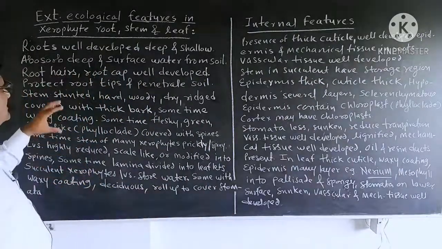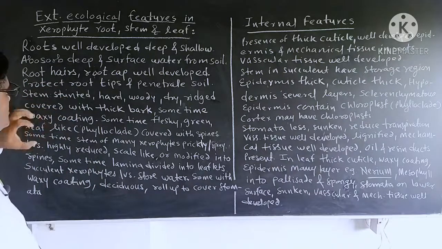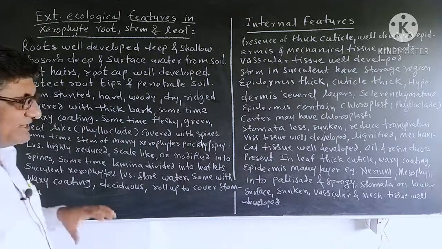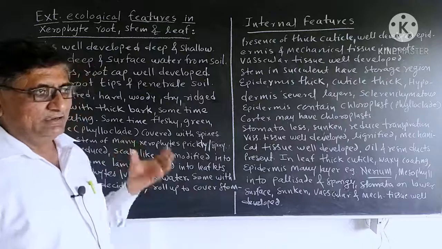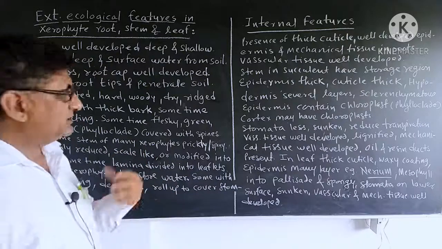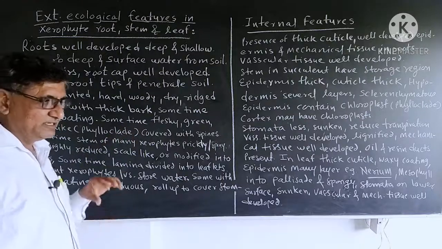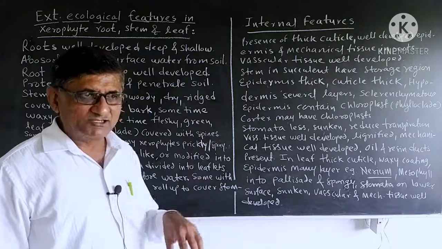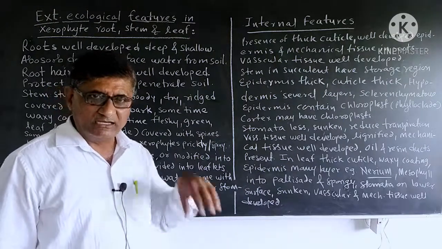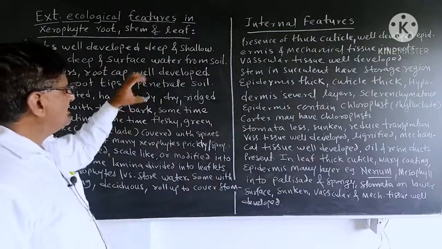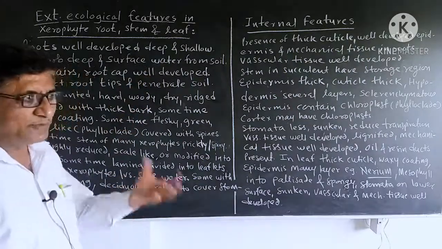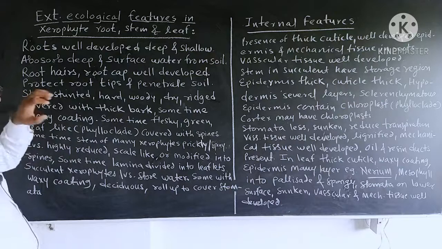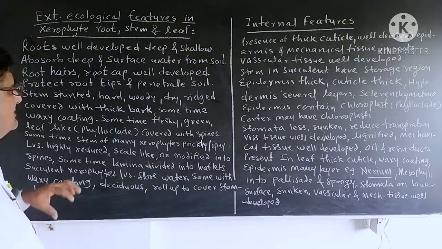Now we will see what the external adaptations are in the different organs of xerophytes. The roots of the xerophytes are well developed. They may be deep or they may be shallow, but they are well developed. The deep root system is hugely branched and helps the xerophytic plants or trees to absorb water deep from the soil, whereas the shallow root system helps the xerophyte to efficiently absorb surface water. So both kinds of roots help to absorb water.